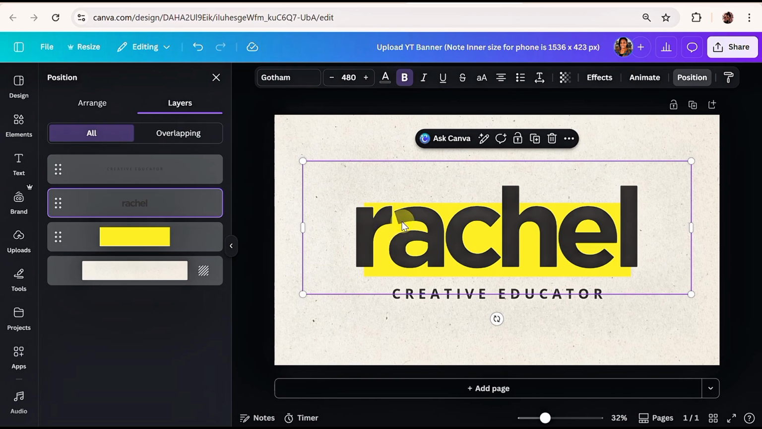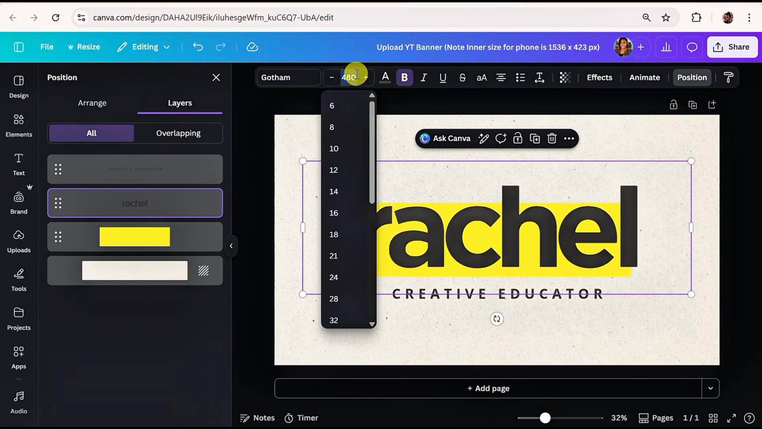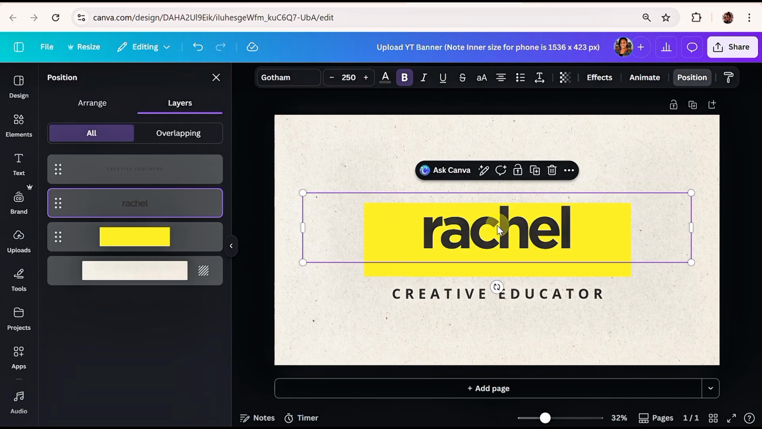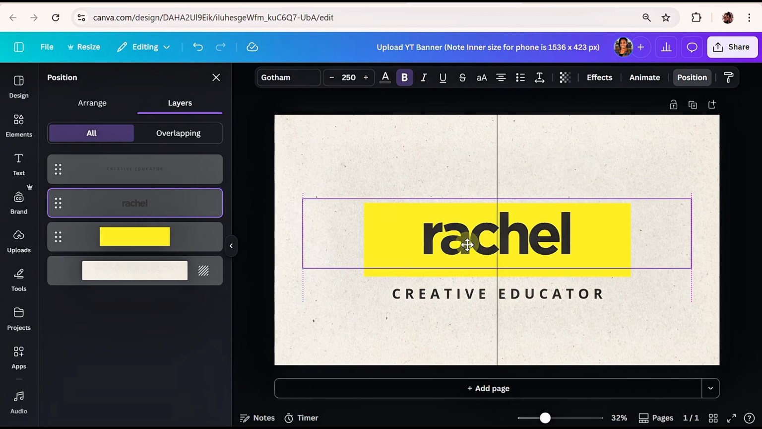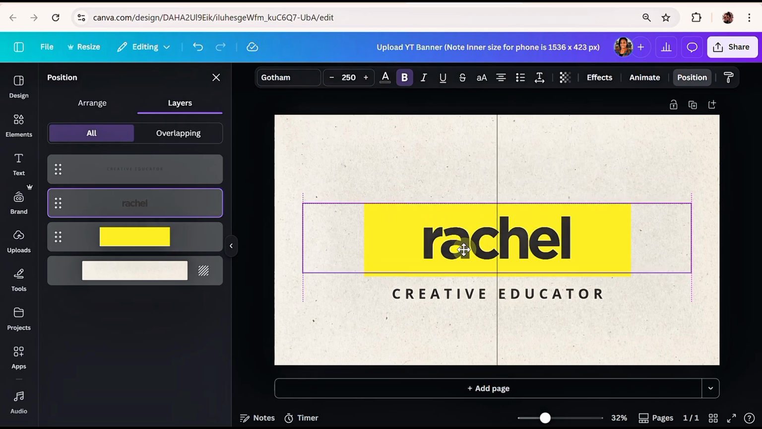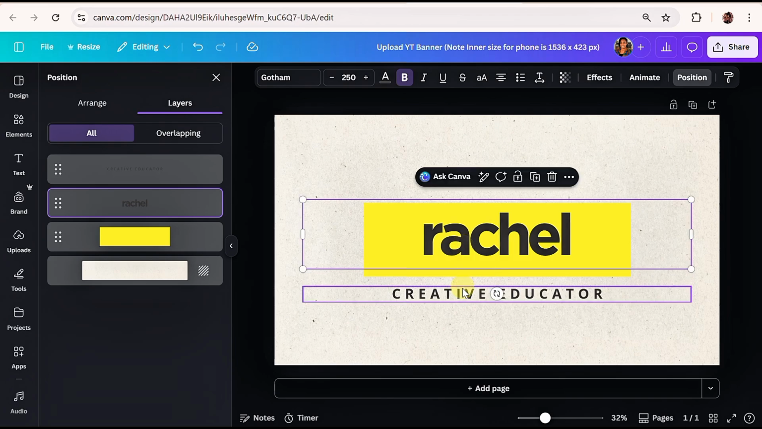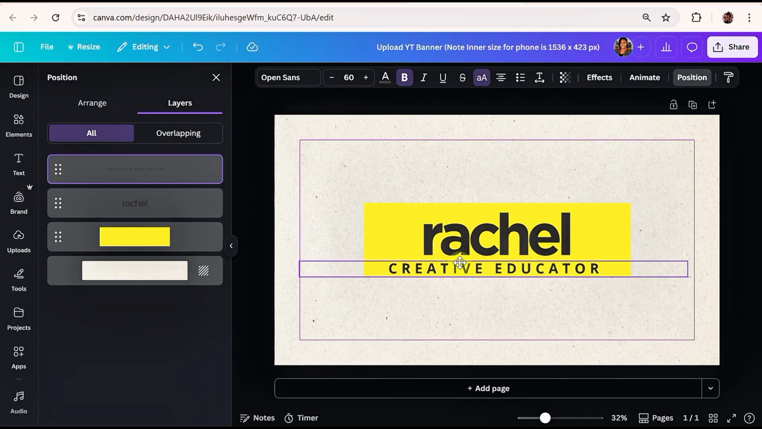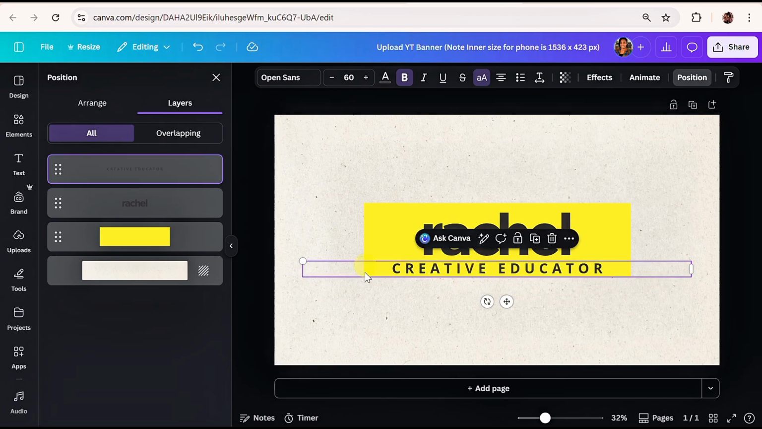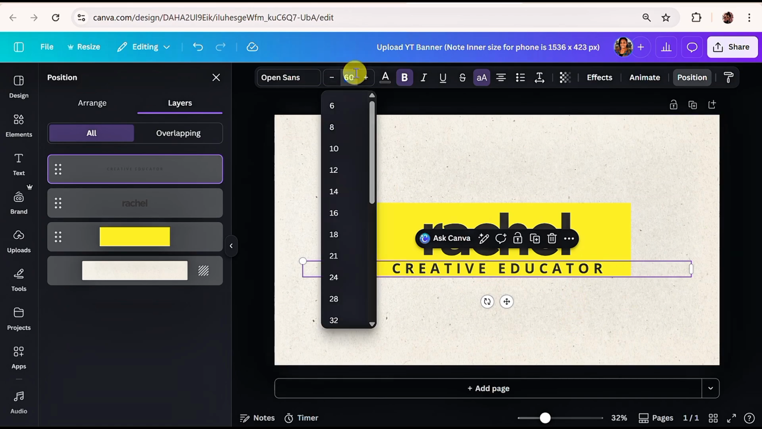I'll click on my name and start to reduce the size. Let's do 250. I'm going to bring this down like so. You see that line shows it is centered, and I'm going to take this text up. This is my safe area, so I want this to show when I put it on YouTube. I'm going to make this to be